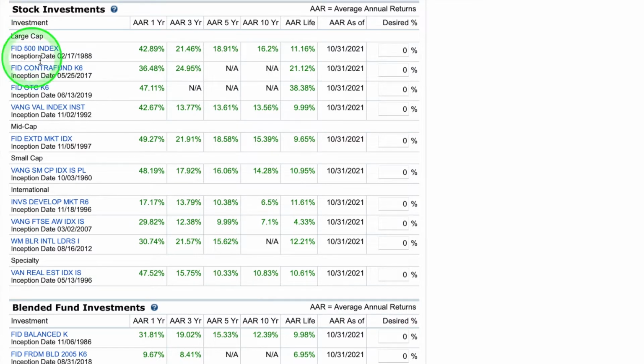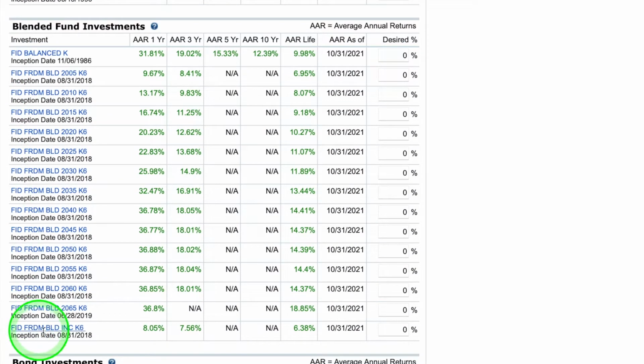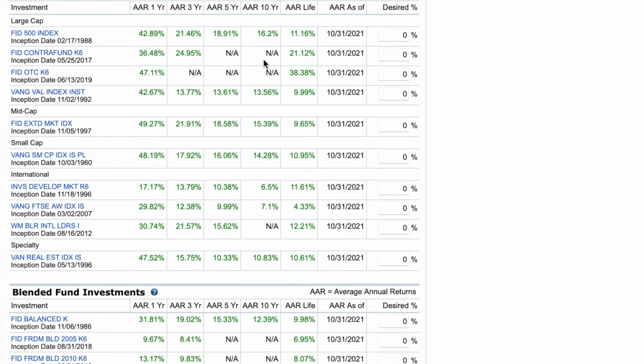So whenever you're setting up your investment, I usually tell them, go look for anything that is based off the S&P 500. Highly recommend it. All right, when you look down here, these are your age-based funds. Look at the age-based fund here, for example, that has a 10-year average, and this is what I'm talking about. The average 10-year